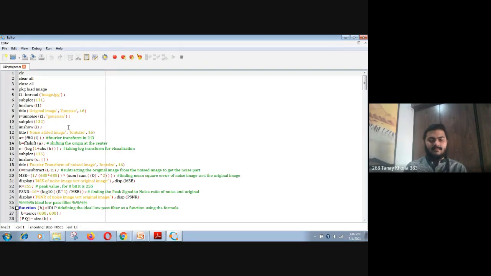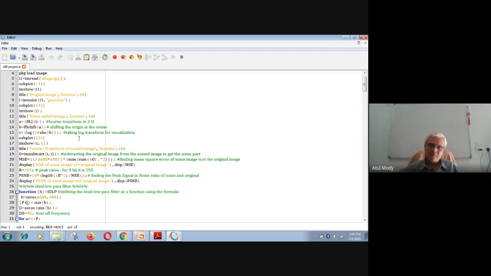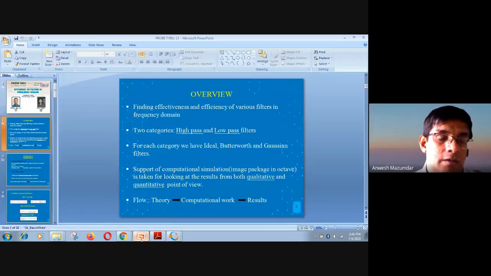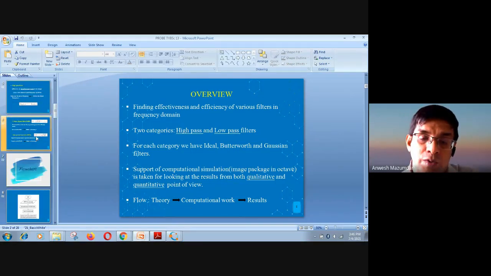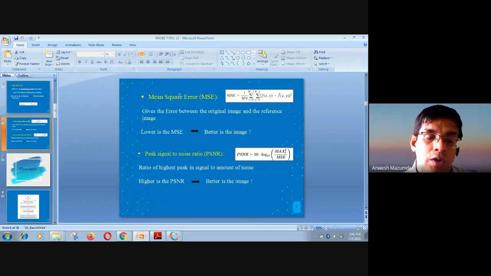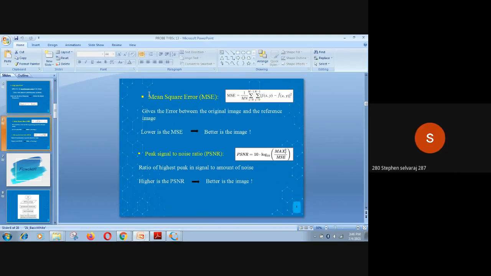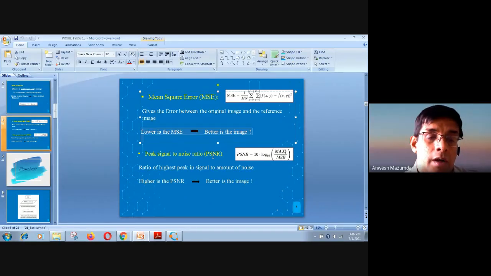Okay. Fine. Anvesh, go ahead. In deciding which filter is better, did you have any quantitative criteria, like if this feature is retained then I will call it good? Or was it just visual inspection? Yes, sir. We took the MSE and PSNR values as the threshold for deciding the efficiency of each filter. The lower the MSE value, the more efficient the filter is, and the higher the PSNR, the better.